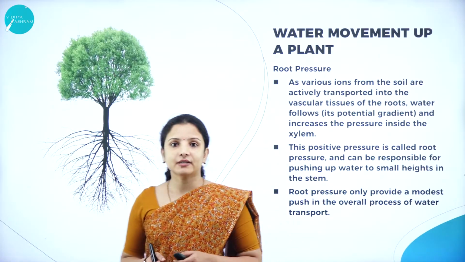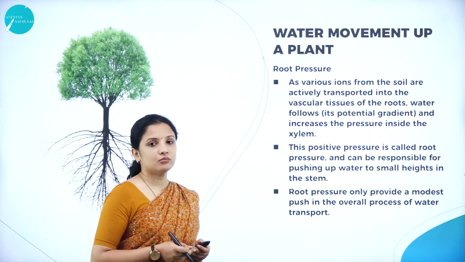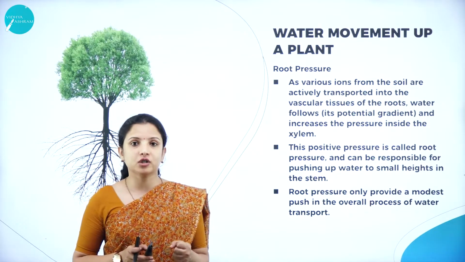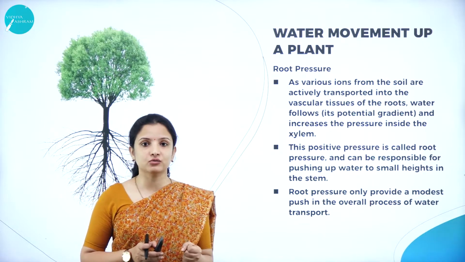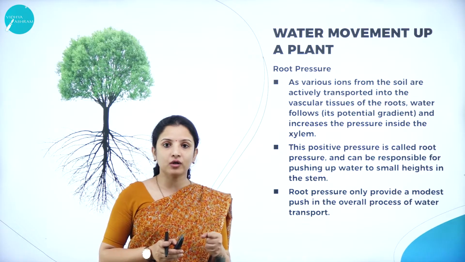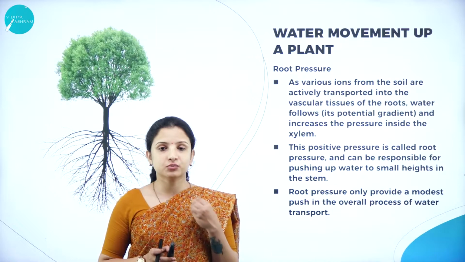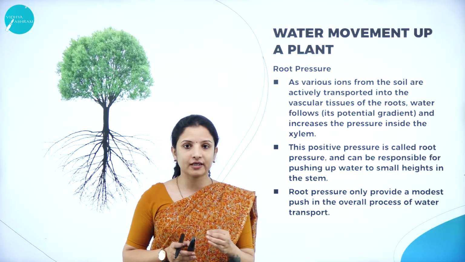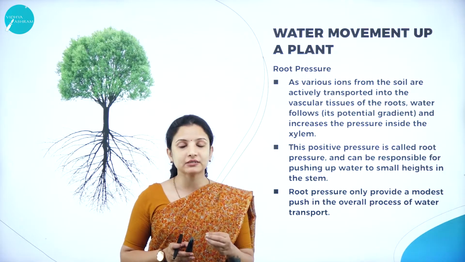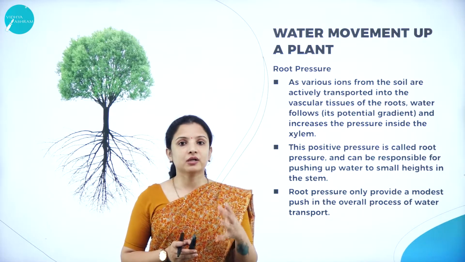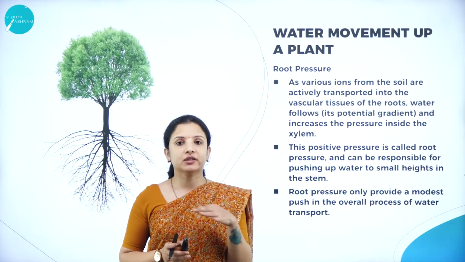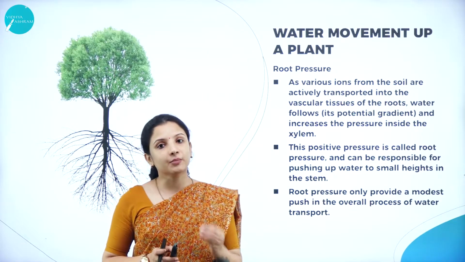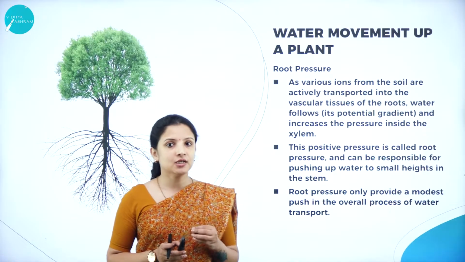So to understand how exactly water moves up a plant, we all know that plants absorb water through the roots, and especially in the roots there are small thread-like structures which extend from the root, which are called the root hairs. And these root hairs not just increase the surface area of the root, but they also help the root to increase the absorption of the water and the mineral nutrients that are present in the soil.